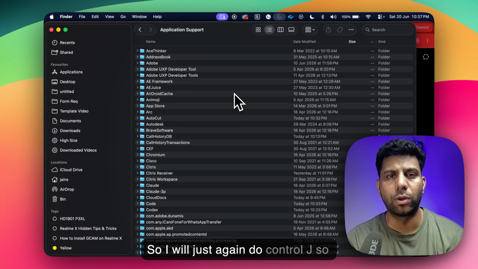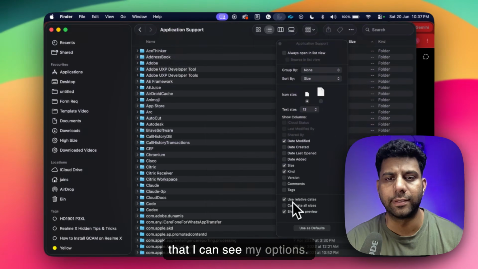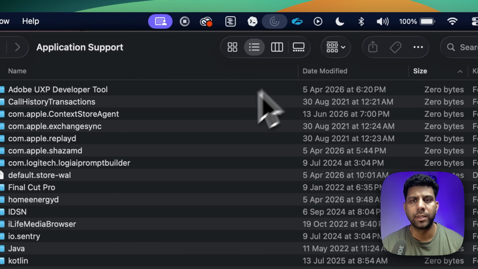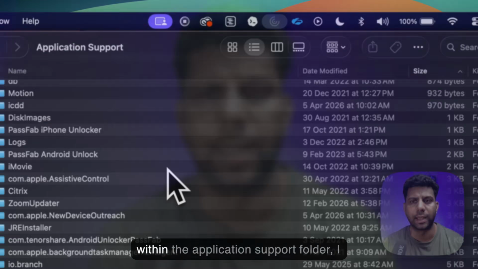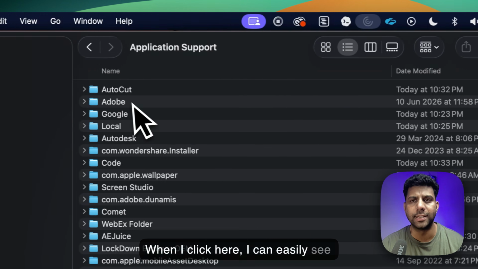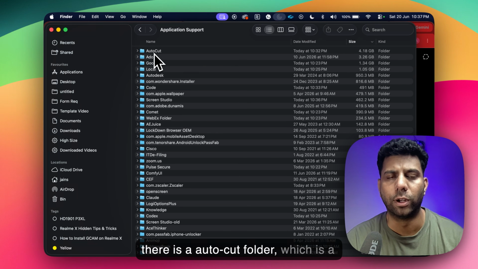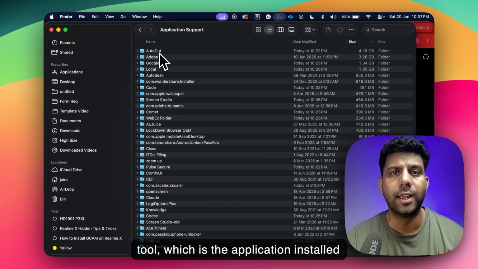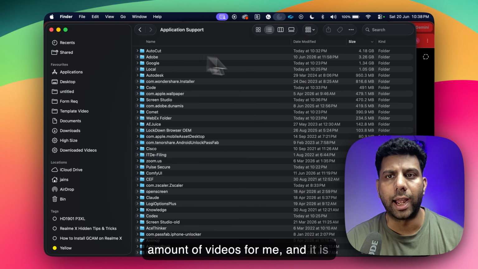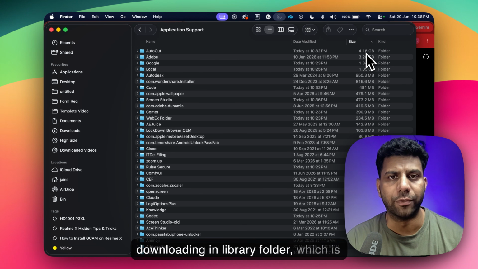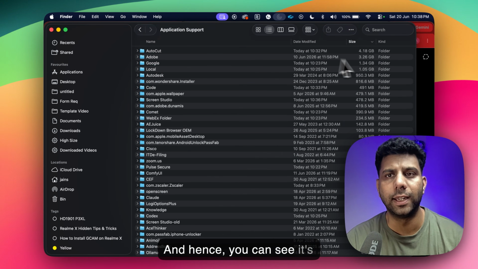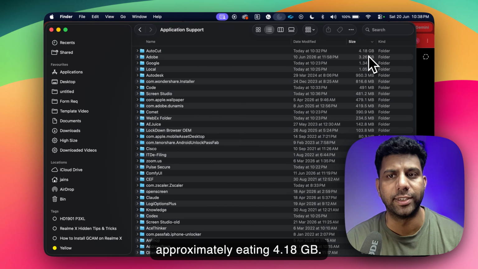This is step 2. Within the Application Support folder I can see the sizes. There is an AutoCut folder, an application installed by me, which downloads a good amount of videos into the Library folder, which is not getting cleaned up automatically, and hence it's eating approximately 4.18 GB.